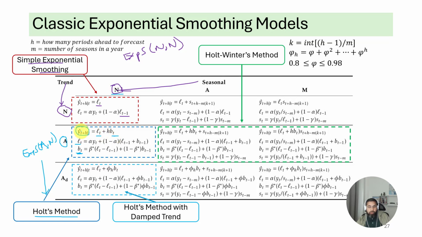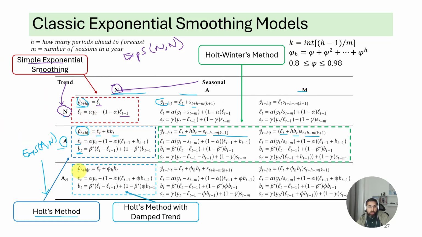So you combine the two to develop your forecast. Here you just had level. So you can see this theme: your forecast is always going to be a combination of all of the components you're tracking. You're tracking level and seasonality here. You are tracking level, trend, and seasonality here, level, trend, and seasonality here. So whichever components you're tracking, which is given by these values N, A, M, those are the components you'll combine to